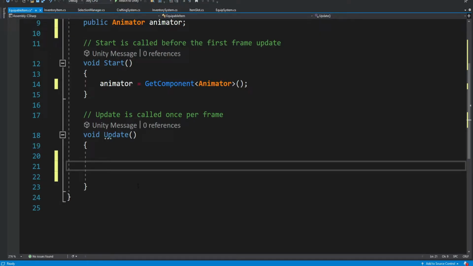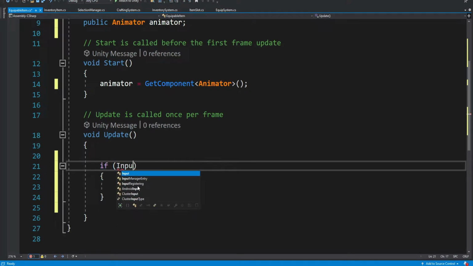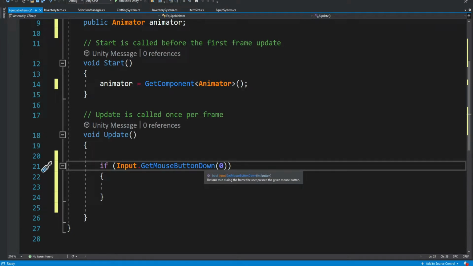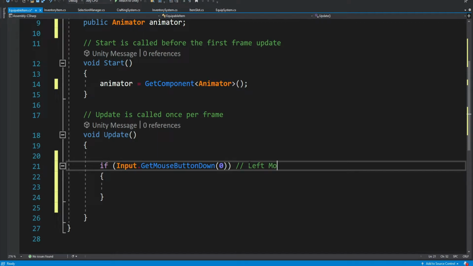So over here, if input get mouse button down is 0, and 0 is basically left, okay? 0 is left, 1 is right, and 2 is the middle mouse button, if I'm not mistaken.